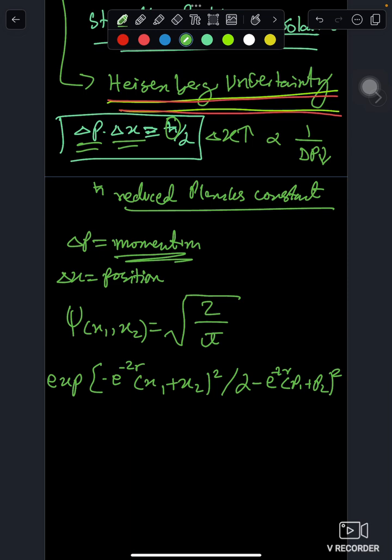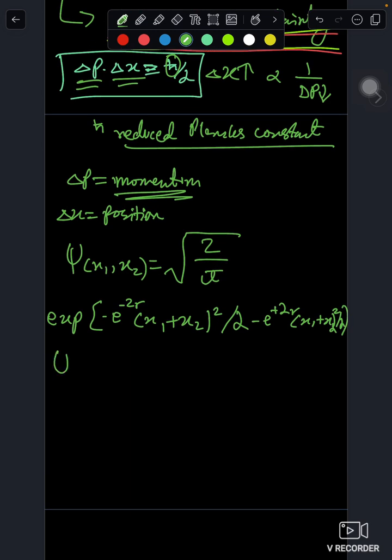This is the separate one. This will be separated by minus, yes, this will be separated by the other one, minus e to the plus 2r of (x1 plus x2) squared over 2. This is the first one. The second one is momentum. Here's the difference: for psi of x1 and x2, we don't have a bar on the top. For the momentum we have. So p1 plus, not plus, p2 equal to